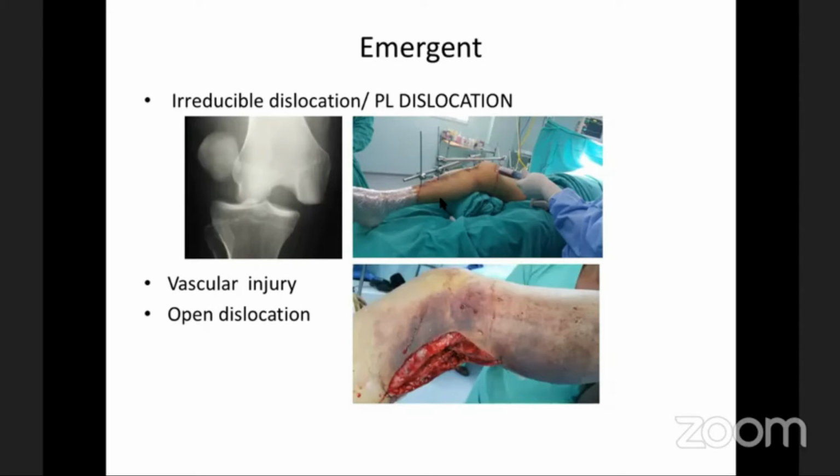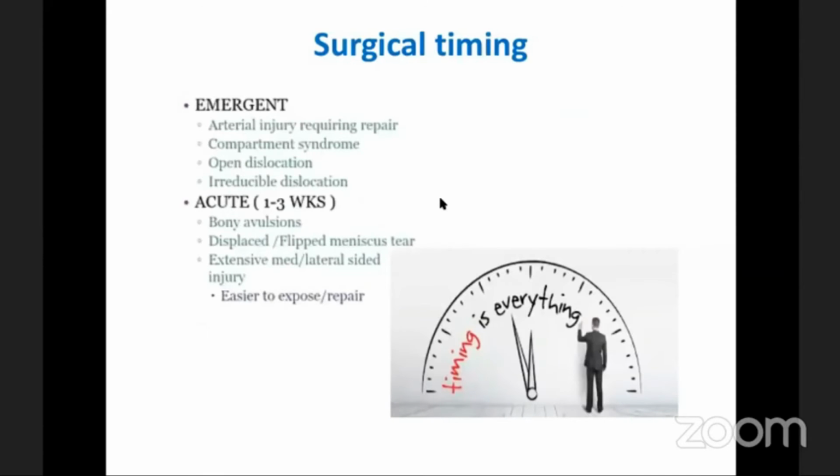Some need acute treatment, within 1 to 3 weeks of injury, like bony avulsion, displaced or flipped meniscus tear, or any extensive medial or lateral sided injury. And some can be done in a delayed way, like vascular repair, associated injury, all these. So like this, a 35-year-old male having avulsion of the Gerdy's tubercle and the fibular head,